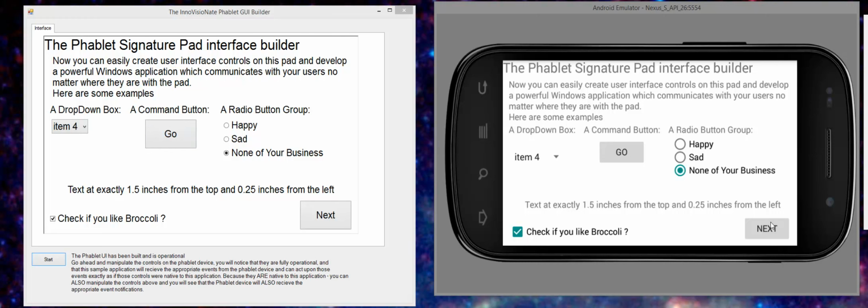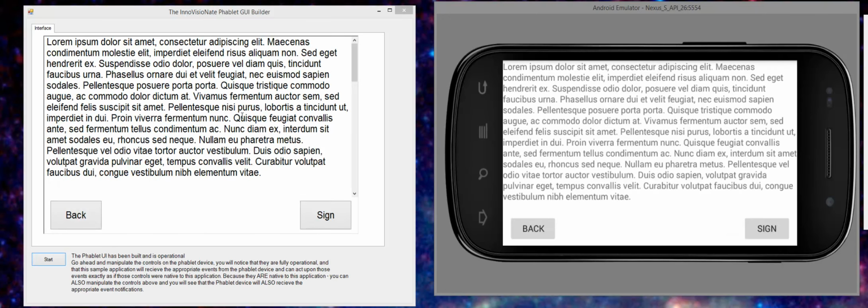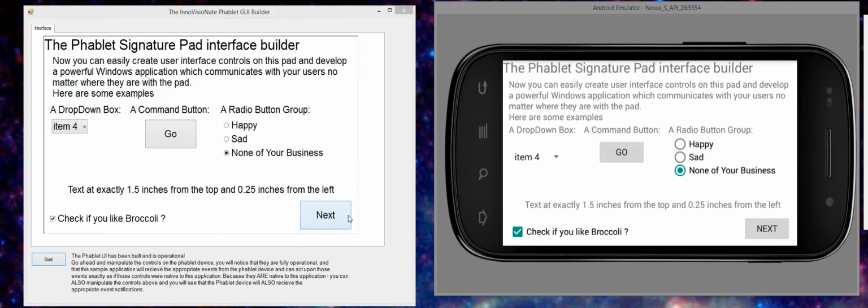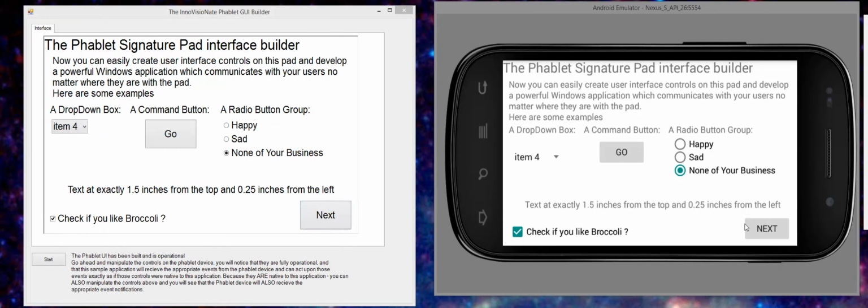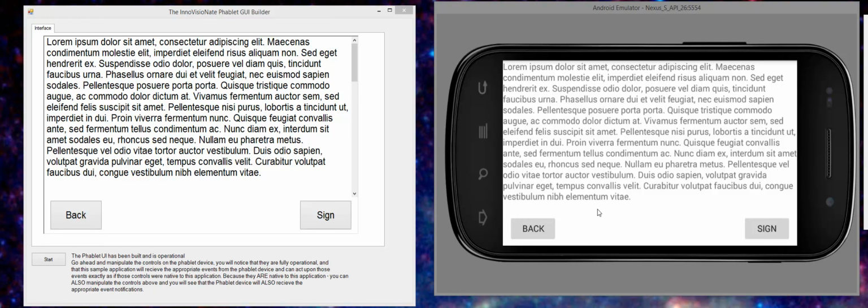So let's say this particular sample application has another page of data, so you can navigate back and forth. Again, either one of these buttons work on either window. So you can navigate, you can mirror your existing UI onto the Android tablet very simply and leverage your existing logic